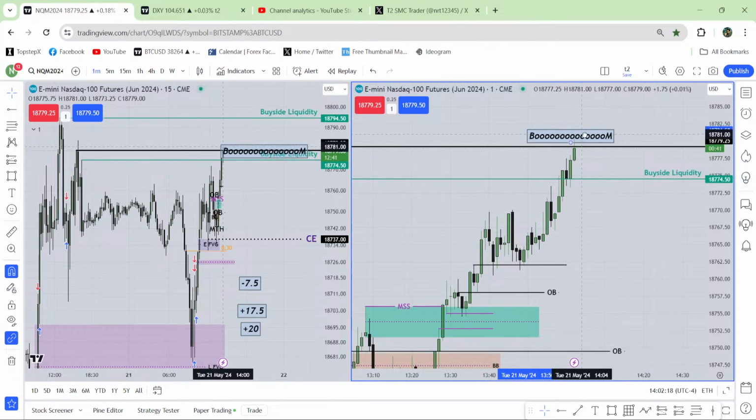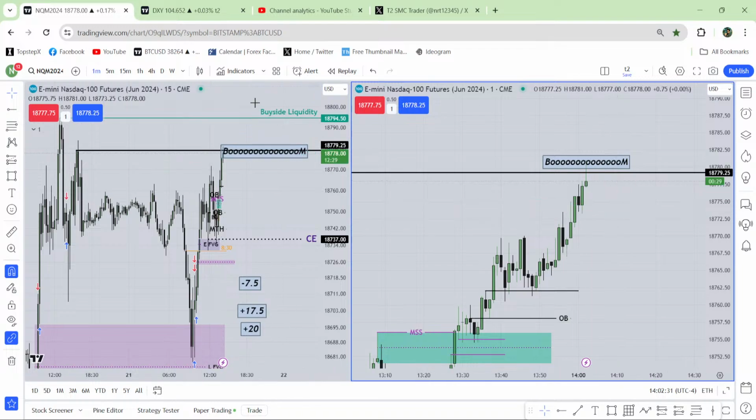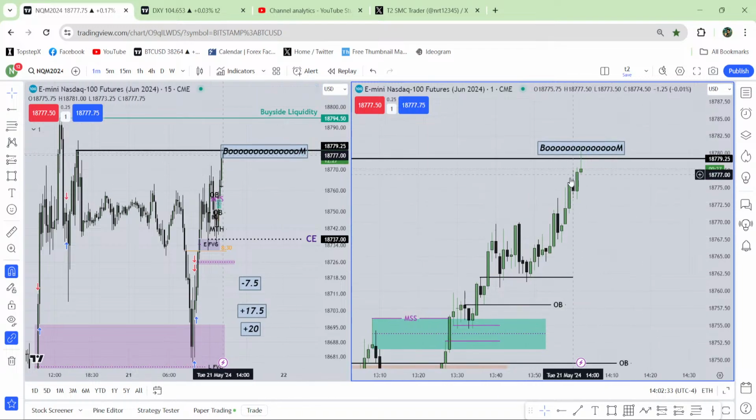This is my boom. This is my boom. Okay, it came to this rejection block. I got my boom over there. Now that is also unexpected. Actually, I didn't expect that much precision, but this is called precision.